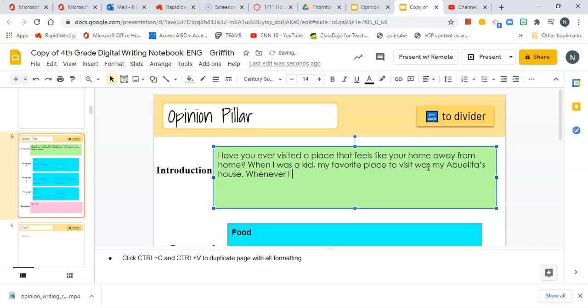Whenever I visited, I'm trying to come up with senses.